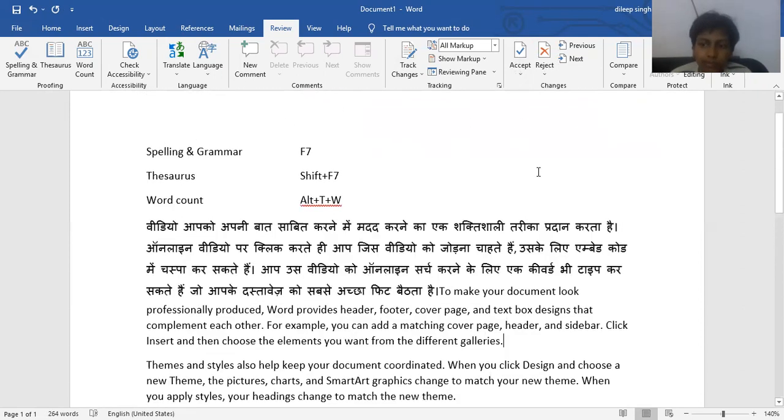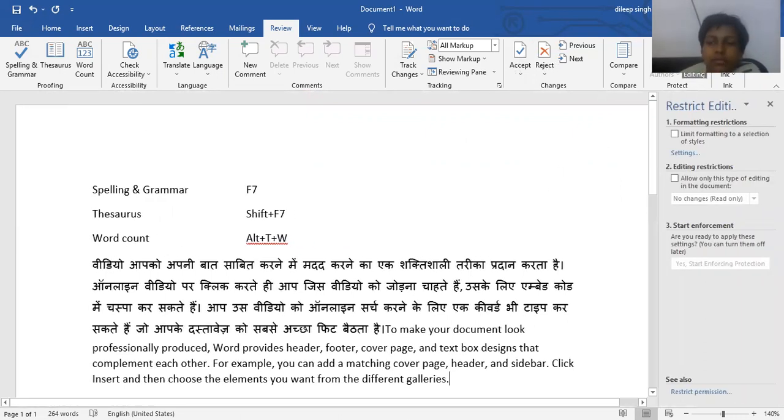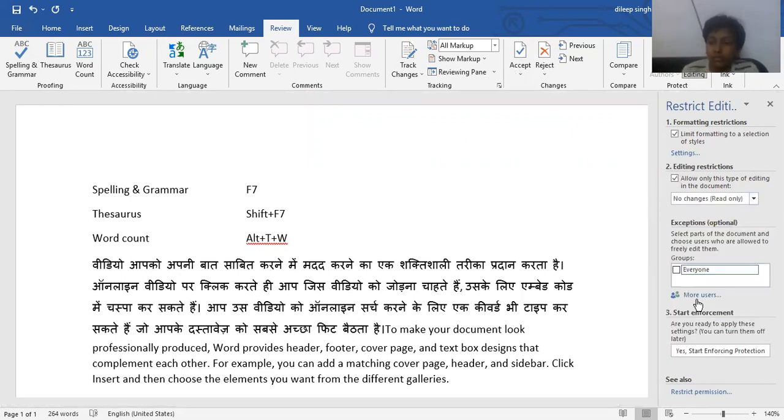If you want to protect your document with an editing restriction, just click on this editing restriction, and after activating this checkbox, the last option is your password. Yes, start enforcing protection.